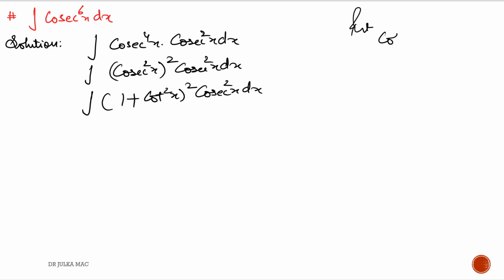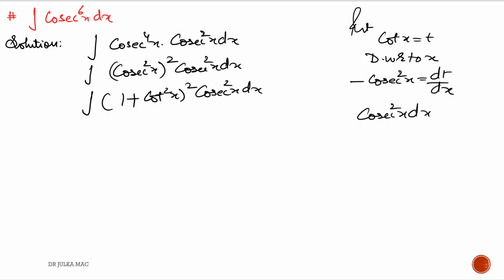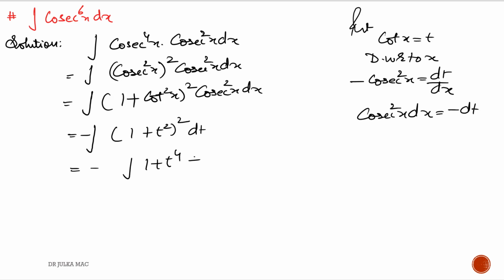Differentiate with respect to x both sides, we will get minus cosecant square x equals dt by dx. So cosecant square x dx equals minus dt. Replace cosecant square x dx by minus dt and cot x by t. Now when we open this bracket, we have integration of 1 plus t to the power 4 plus 2t square dt